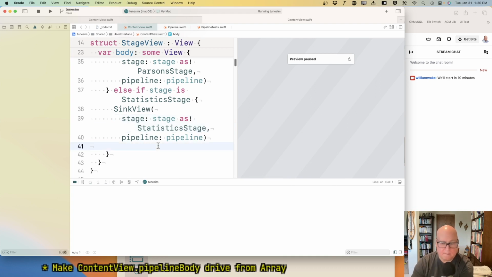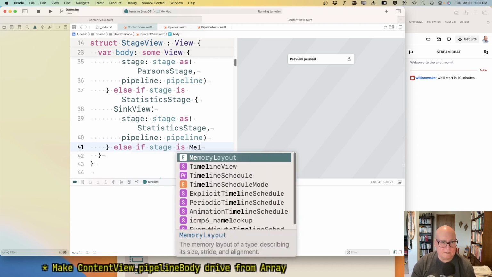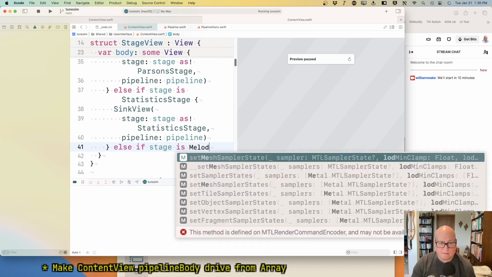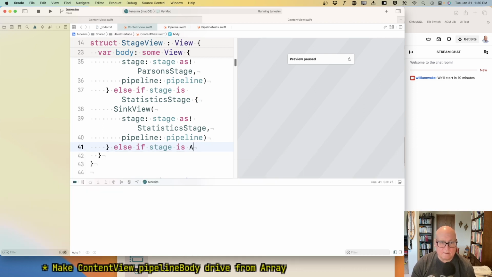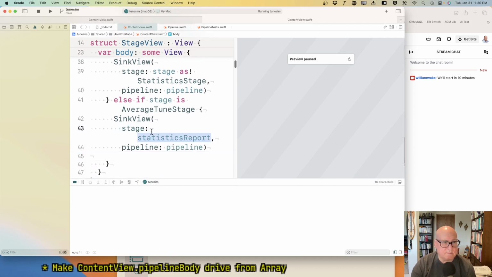Okay. Finally, is melody average tune stage. Sync view is